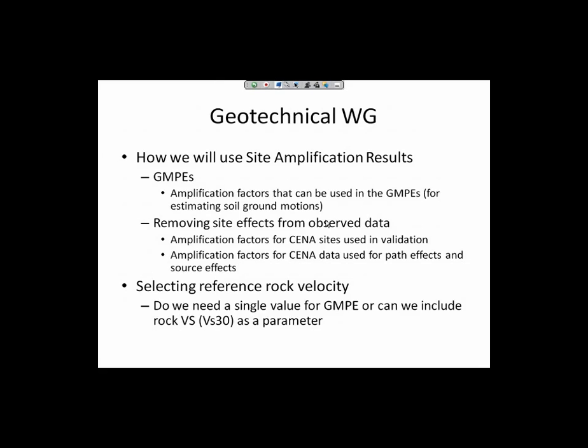If he has to pick a number, how is he going to pick one? If we're going the single value approach, we don't want uncertainty in that value. It is a number, and we're just simply going to use that, and everything has to be referenced off of that. But our alternative is we could have a model that could let you adjust that value depending on the rock VS, or if we're talking VS30 or something, it's not measured in the soil, but from the top of the rock down 30 meters or whatever we want to be doing. So I think those are the issues.